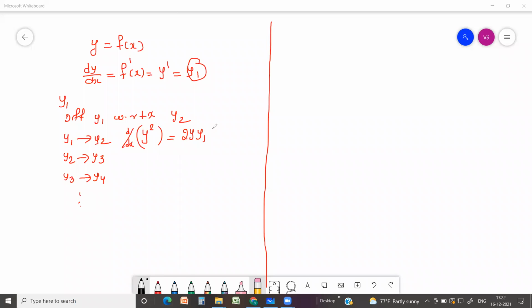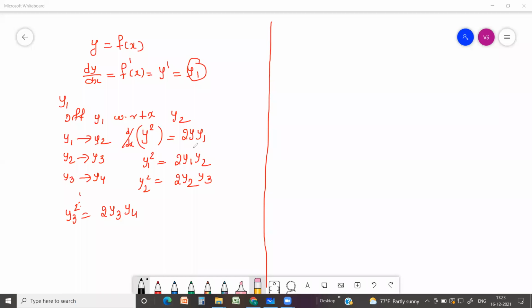That means 2y into dy by dx. In the same way, y1 square differentiation becomes 2y1 into differentiation of y1, which is y2. In the same way, y2 square becomes 2 times y2 into y3. And if I have y3 square, its differentiation is 2 y3 into differentiation of y3,